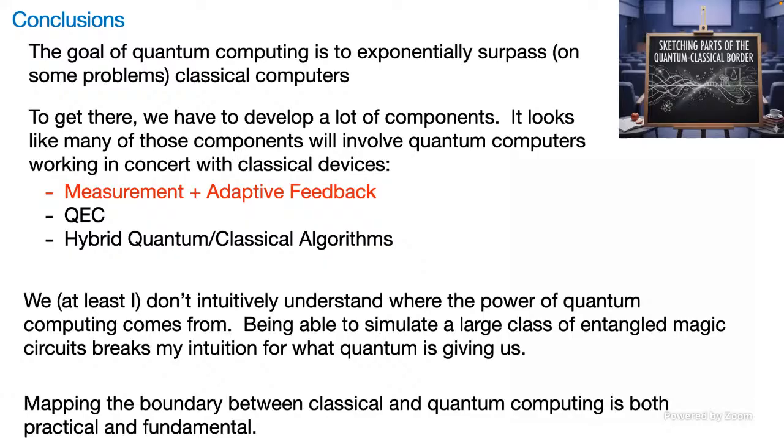And so these are the circuits that we need to build, using measurement as adaptive feedback. But of course, there are lots of other examples of these: quantum error correction, hybrid quantum-classical algorithms, etc. And so this is sort of the fundamental statement. Really, mapping the boundary between classical and quantum computing is both a practical thing, which helps us in engineering, getting over the way to building or programming useful quantum computers, and also sort of deeply fundamental. I think that's what I wanted to say.